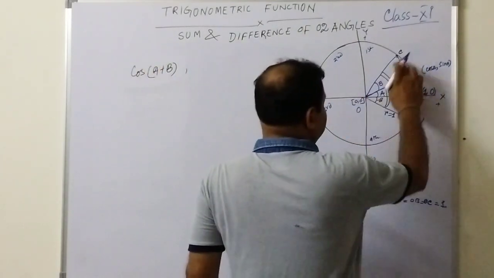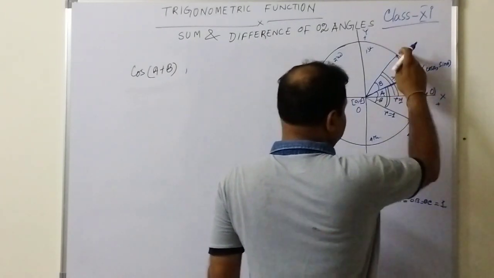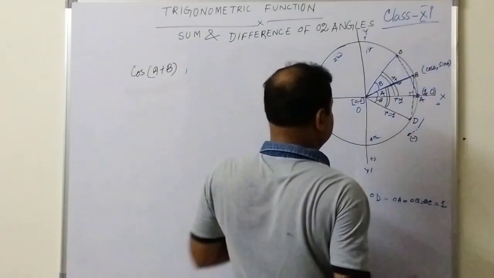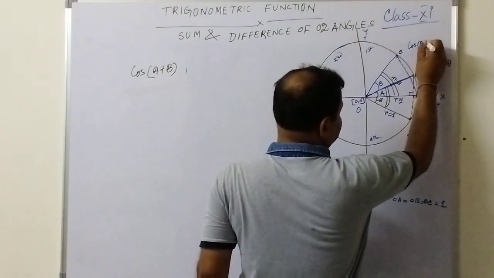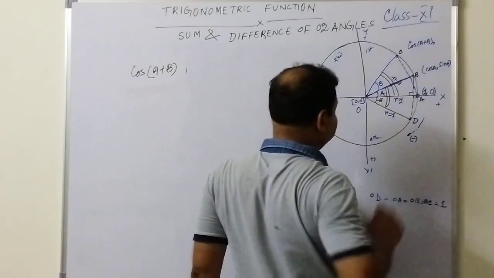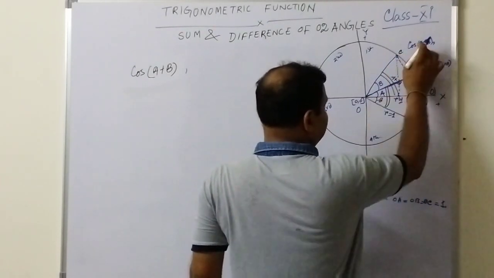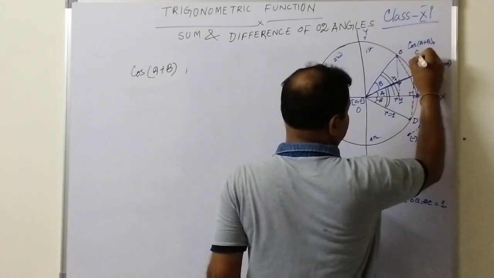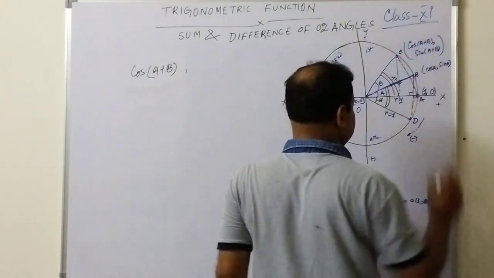Okay? And if it is here, now the angle becomes A plus B for this triangle. So for this point, the coordinate will be how much? A plus B. So cos A plus B is the x-axis coordinate. If you drop this here like this, so this much will be cos A plus B and this will be sin A plus B, because the angle is A plus B. So this is the coordinate of this point C.